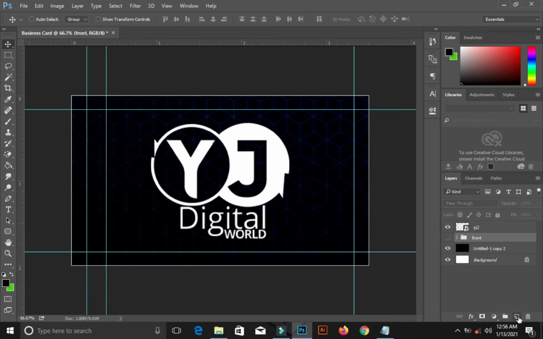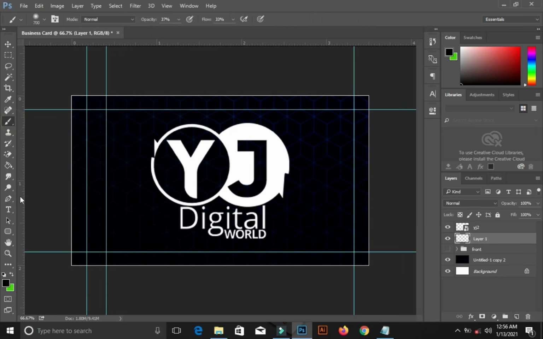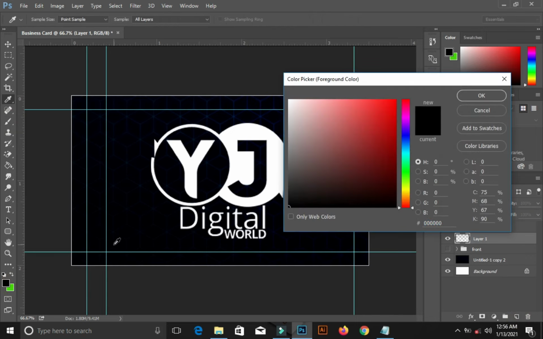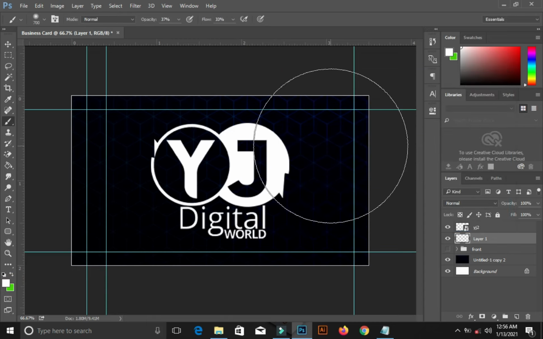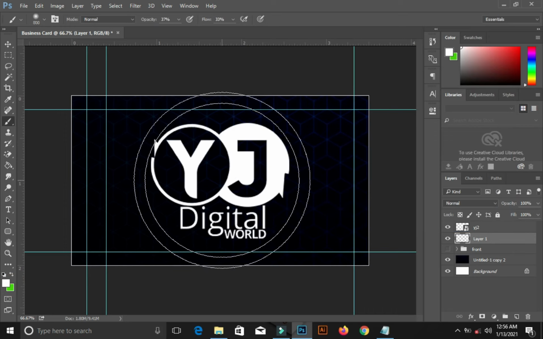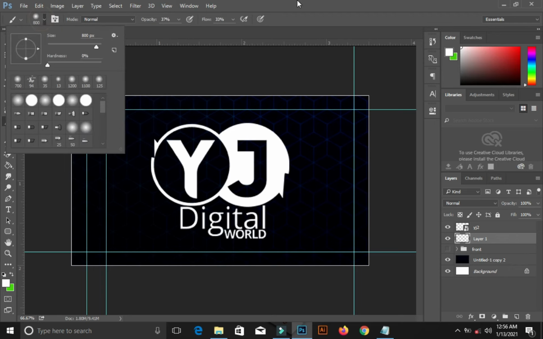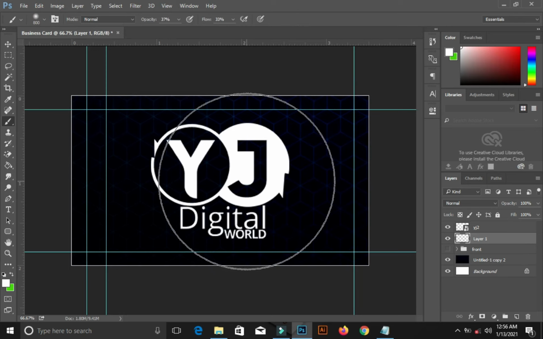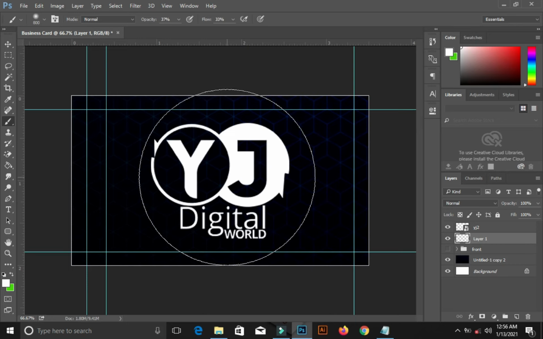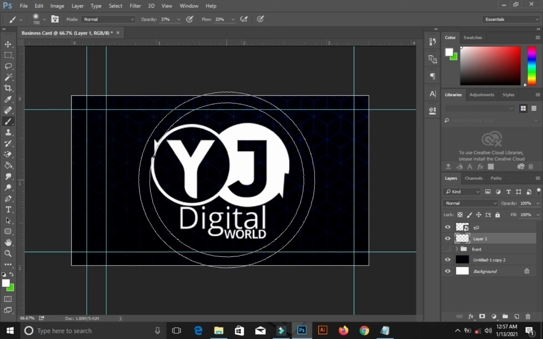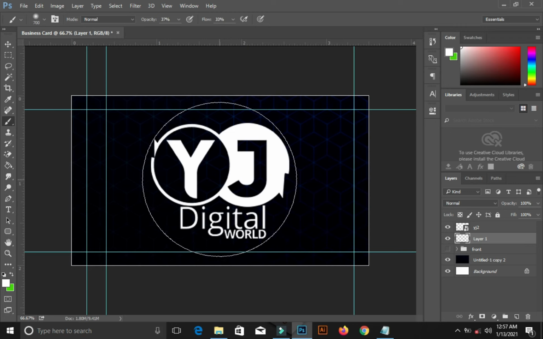So I'll use this, add a new layer. To create a new layer, come to my brush here, select my brush, change my font color to white, click OK. Increase the size of my brush and come to here at the top, increase the size. Use your open bracket key that is beside your letter P on your keyboard, the open and the close keys, to increase and reduce the size of your brush.